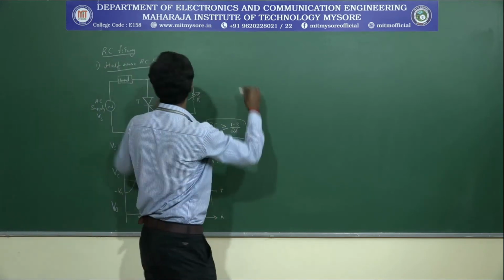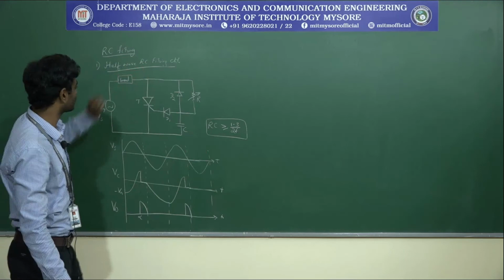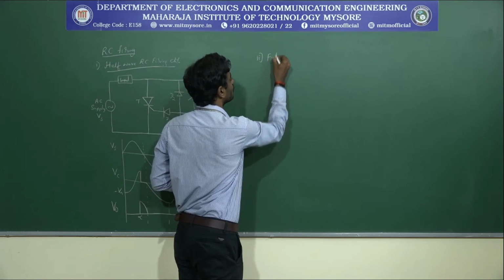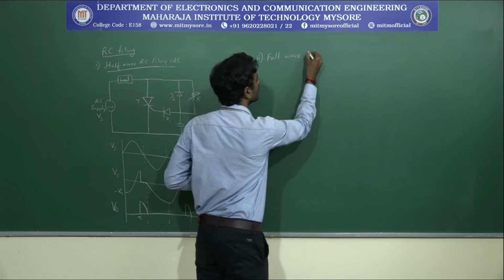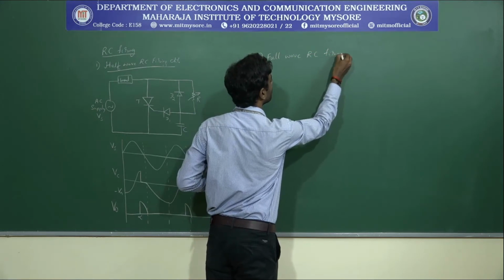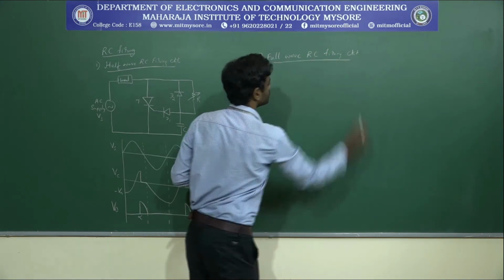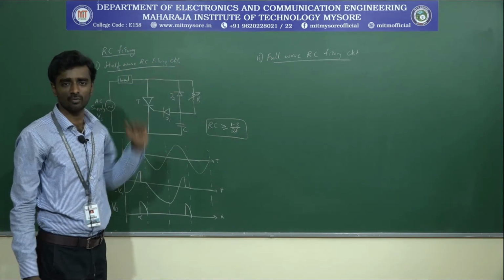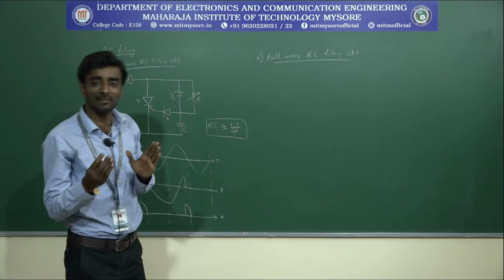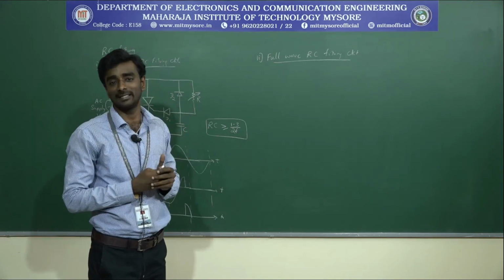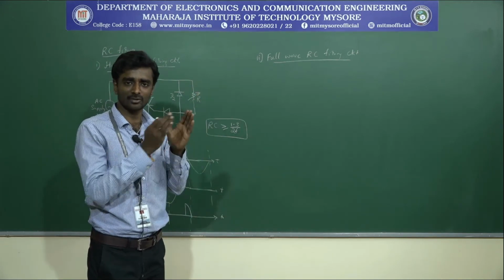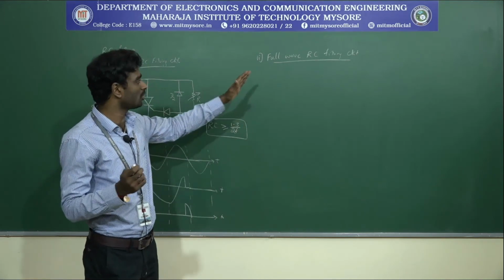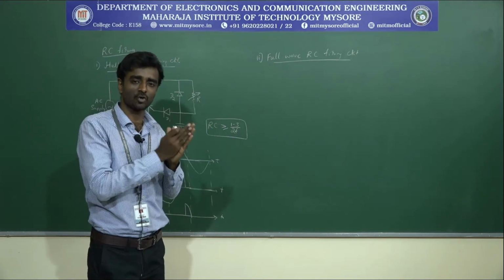And the next one, if you consider the next one with respect to resistance capacitance firing circuit, that is the full wave RC firing circuit. And for both this half wave RC firing circuit and a full wave RC firing circuit, the triggering angle can be varied from 0 degree to 180 degree. Where for your R firing circuit, that is a resistor firing circuit, the triggering angle will be varying from 0 to 90 degree, but with respect to RC firing circuit, it can be varied from 0 to 180 degree.